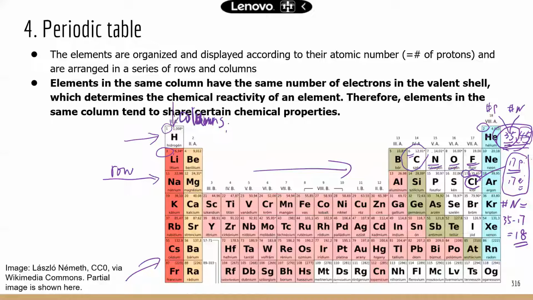But we're going to focus on all the elements in the same column because these elements have the same number of electrons in the valence shell. What is a valence shell? It's the outermost